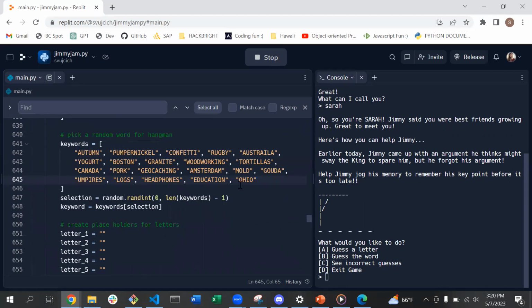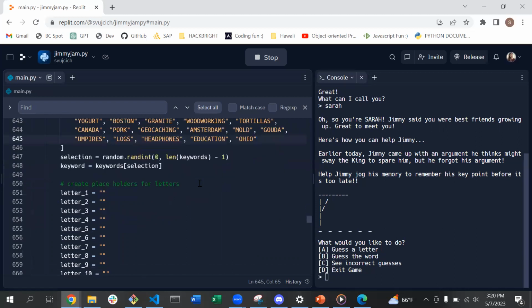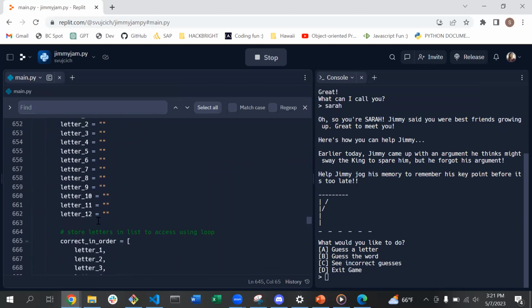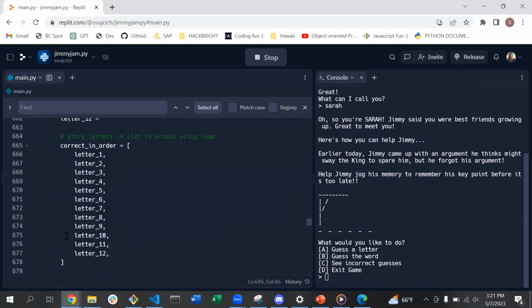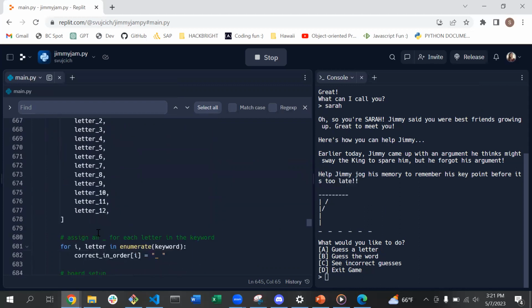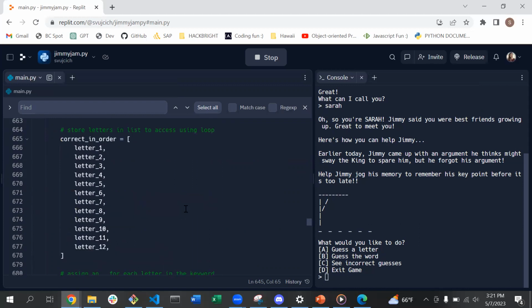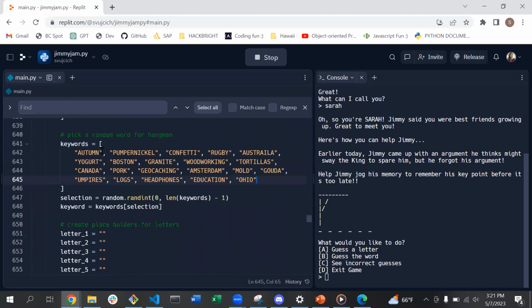It'll pick a random number and assign the word at that position to be the keyword. I have created 12 letters, assigned them to an empty space, and stored all of those variables inside of a list so they are easy to access. For each letter in the keyword, we're assigning an underscore and a space. That's how we can get words with a variable number of characters.